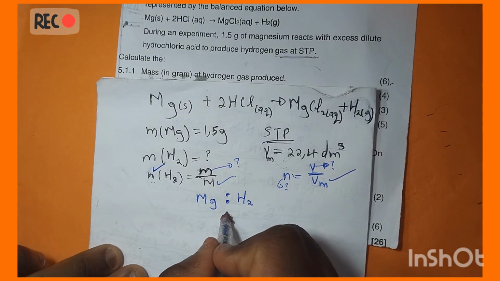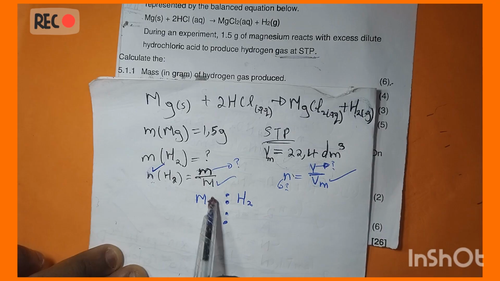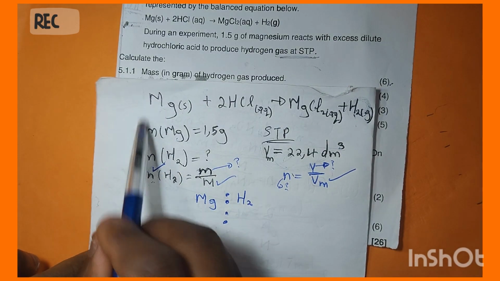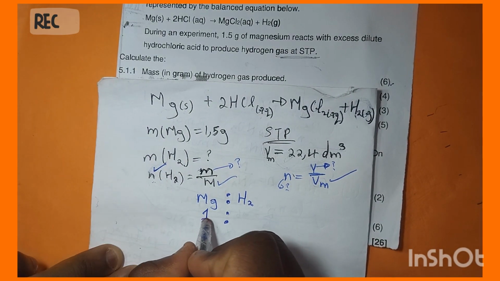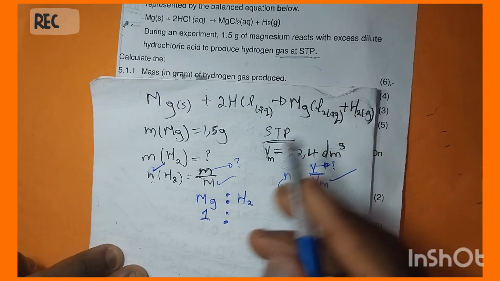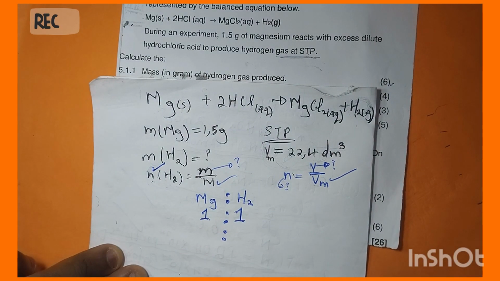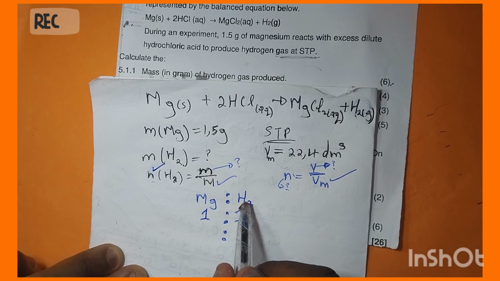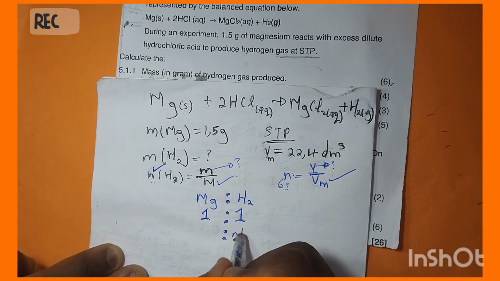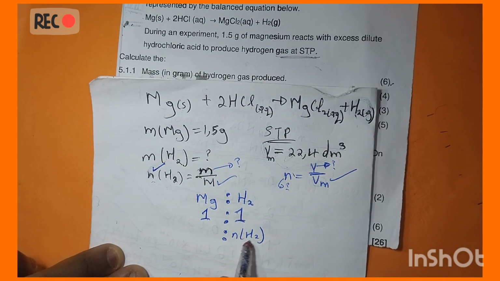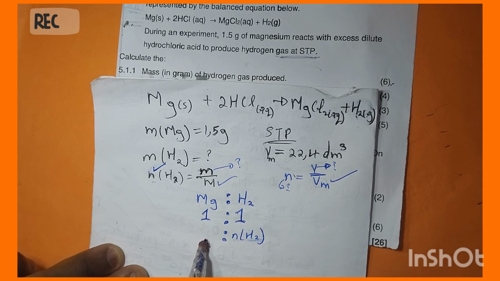Then what I will do there, I will take their coefficients. Coefficient of this thing, guys, it's an invisible 1. Coefficient of that one there, it's an invisible 1 there. You see? And now the mole that I want to solve, it is for this one there. I want to solve the mole of that thing. Do you see? And that mole, for me to solve it, first of all, I should know the moles of